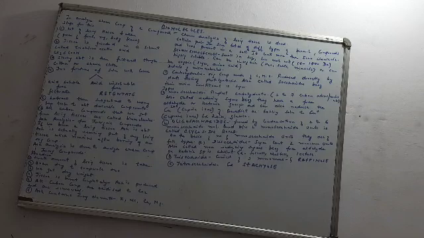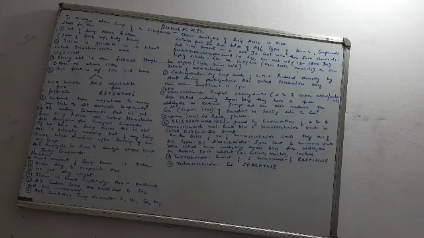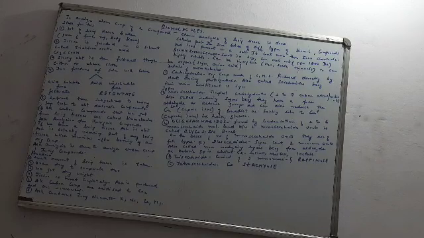On the basis of the number of monosaccharide units, they can also be of different types. Number 1, disaccharide. The name itself will give you a clue. It is a sugar which contains 2 monosaccharide units. We call it a disaccharide. Why is disaccharide important, children? Remember that it is a non-reducing sugar.